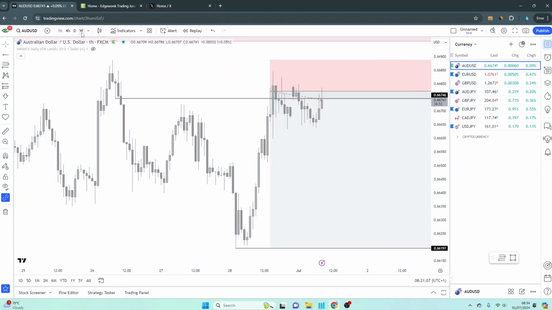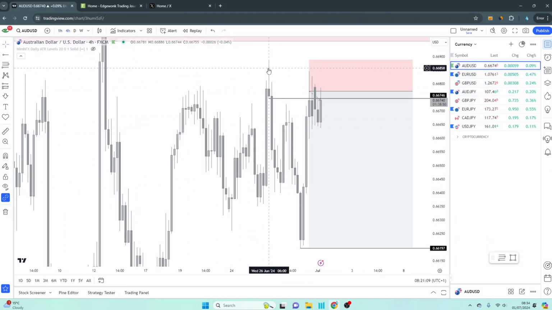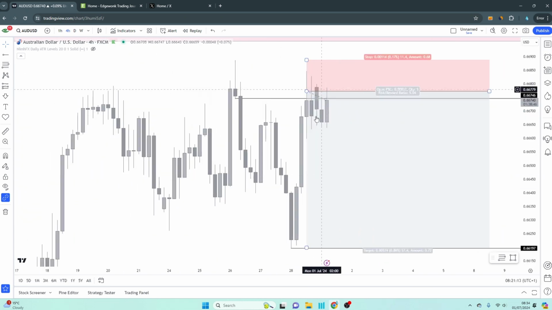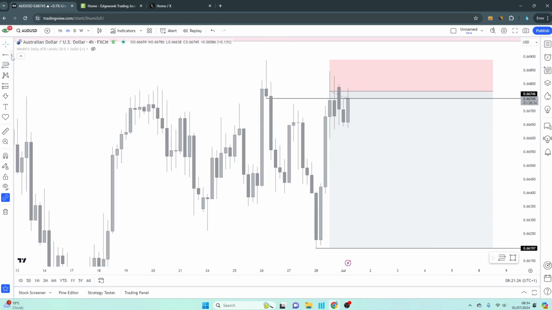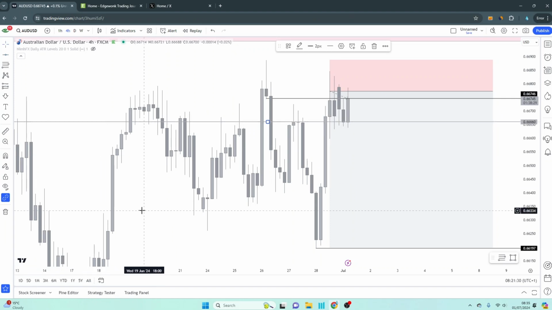AUD is coming back down as well, rejecting off that 4-hour shooting star that we printed last week. Market came up, tested it, rejected it again. Market opened above, rejected it again once more, and now we're sitting at that level, deciding what to do. But the only thing about this level, let me just stick a line here. We do have this chop of support and resistance. Let's take a look at that.